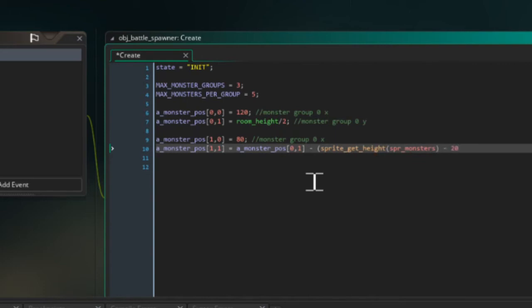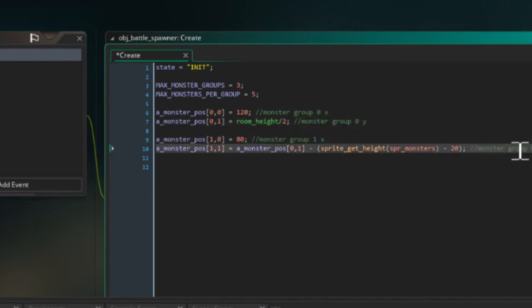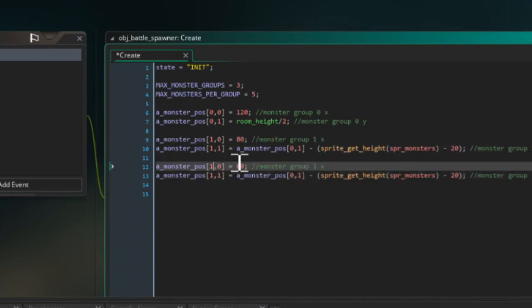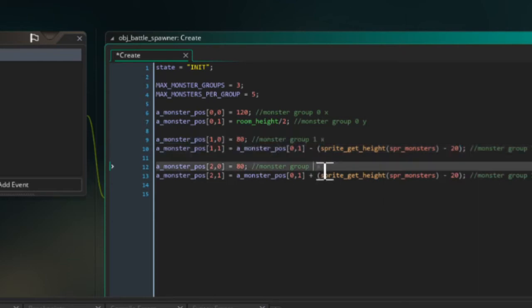Let's say minus 20. Should be a good buffer. Copy this, paste it. And this is group 2, or the third group, and we just want to change this to a plus, so it's going to be the same x coordinate as the middle group, group 1, this one, but underneath,